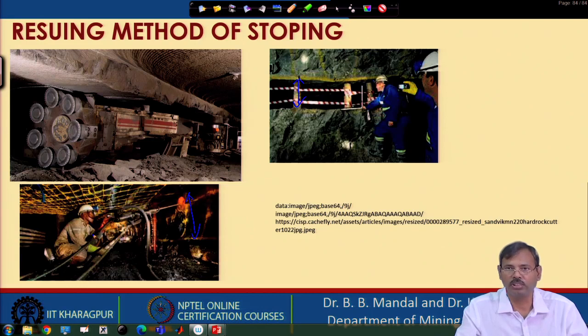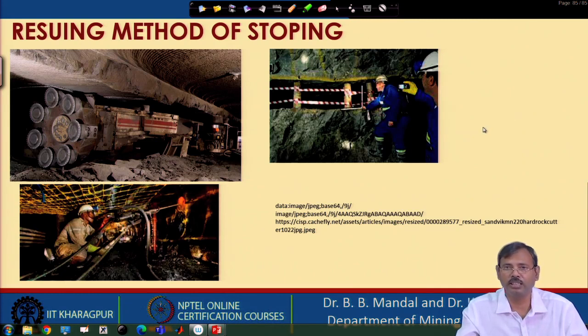Sometimes we consider less than 1 meter, sometimes less than 2 meters, to be a narrow vein, which is not thick enough for the deployment of man and machine. That is considered a narrow vein deposit. So, how the excavation has to be carried out in this narrow vein is the problem in underground metalliferous mining. First, let us understand why we try to excavate the narrow vein,